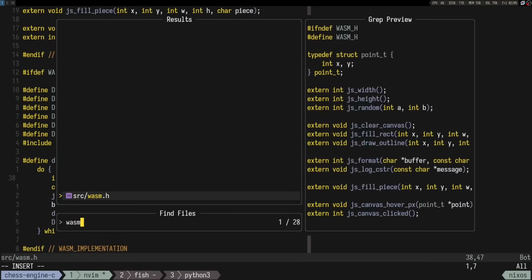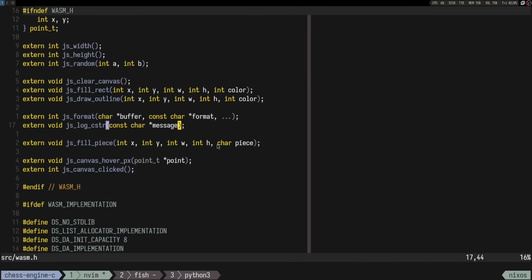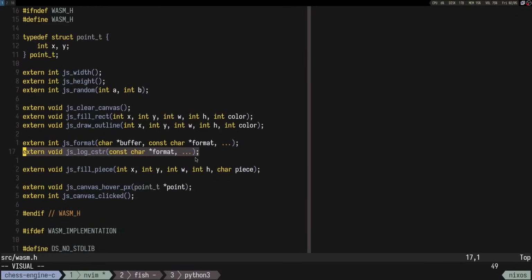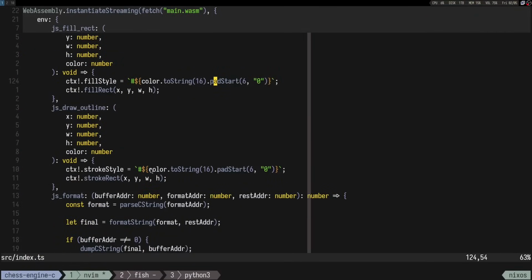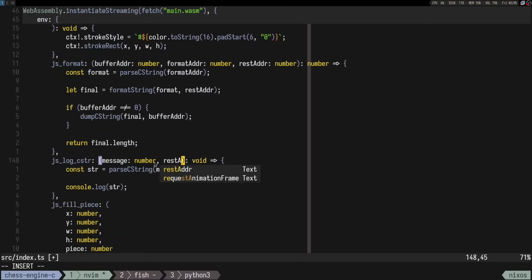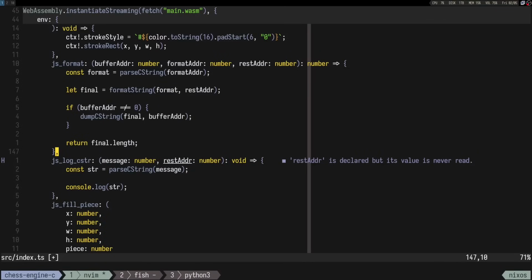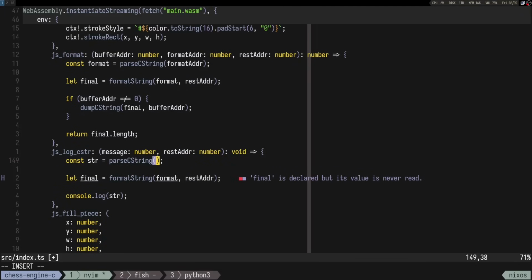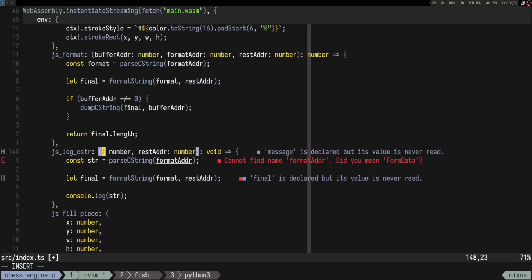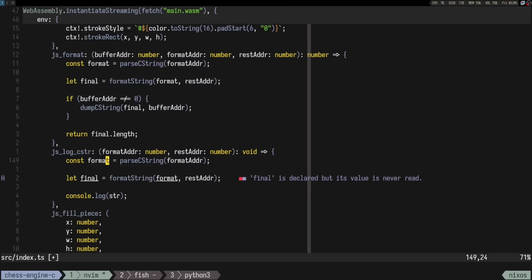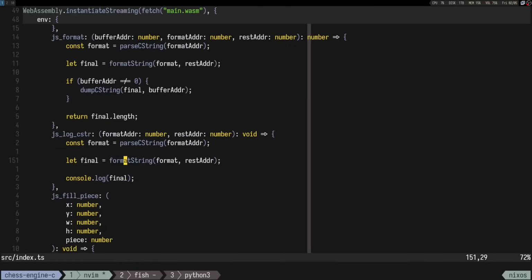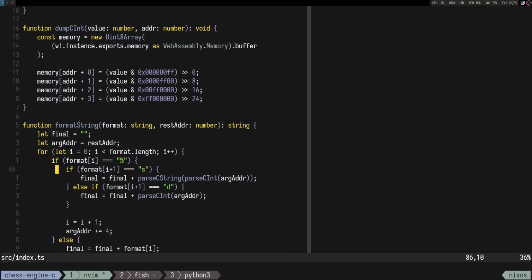So what I wanted to do now is to add kind of the same thing here, just by doing this. So implementing log C string, kind of using the same theme, right? So hopefully it's gonna be useful. If we go back to the JavaScript world here, we should add a REST address number, right? But right now REST address is not used, so what we have to do, I guess, is just call format here. I mean, it was obviously easier than expected, right? So it's just calling format string, but obviously we have to fix format string in the end to work with